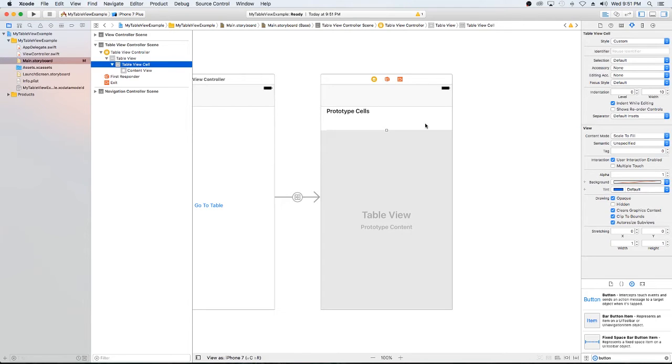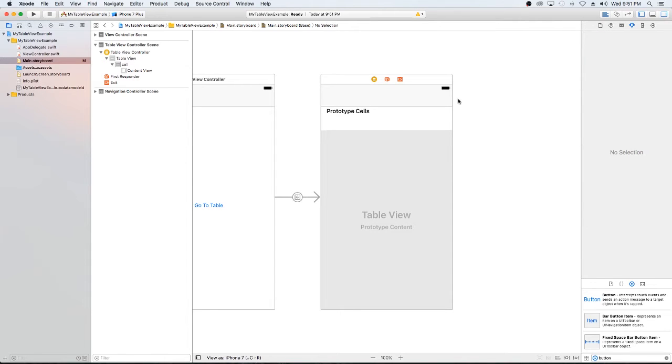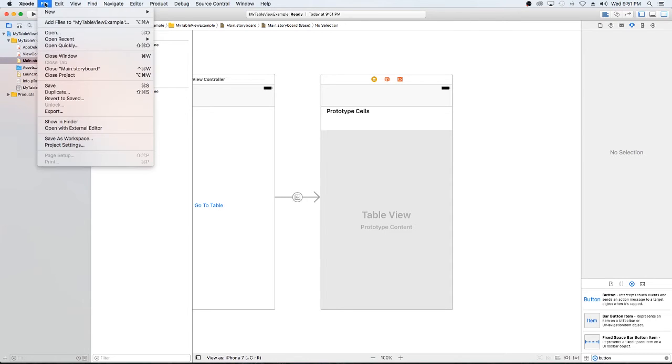So the first thing I like to do is to create a reuse identifier, generic cell. It could be anything that suits your purpose, but we're trying to make it as easy as possible. Now, another thing that I like to do is have different view controllers for each of my storyboards. So I'm going to create a new file,